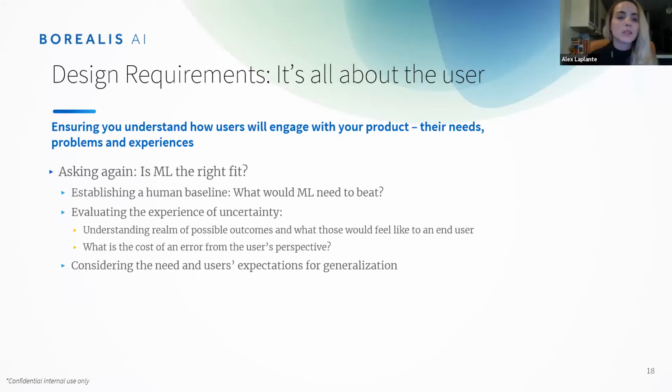Other things we need to consider about machine learning systems are expectations of generalization. And so let's use the example of a chatbot. So say we have deployed a chatbot that's built on top of machine learning. Now, all of us have used Google for many, many years. We have this expectation when we type into a search bar, right, that we can type it in any format. It doesn't have to be structured well, it doesn't have to be grammatically correct. Somehow Google figures out exactly what we want and seems to give us the information we need.